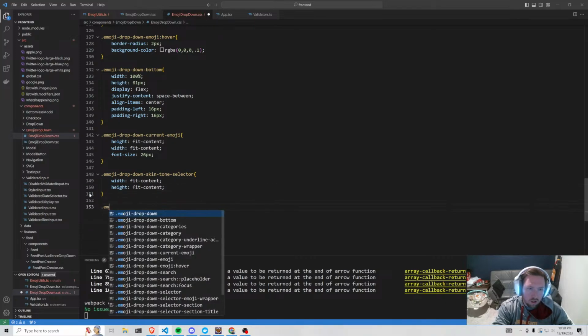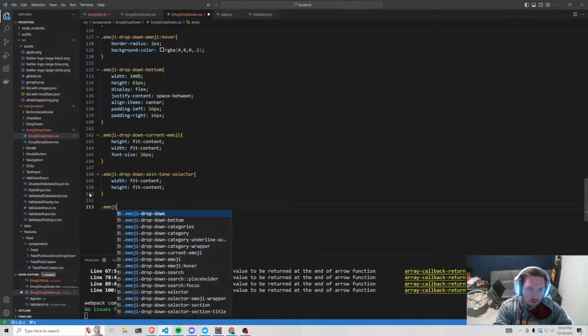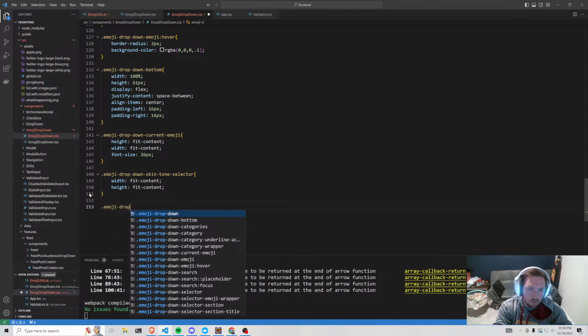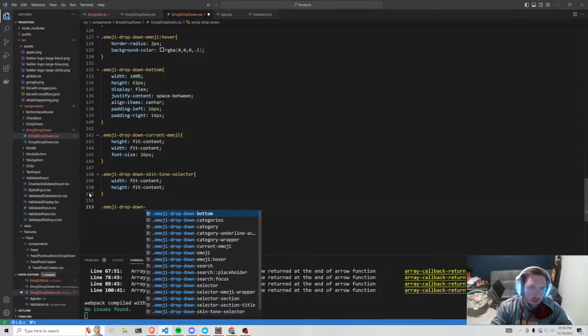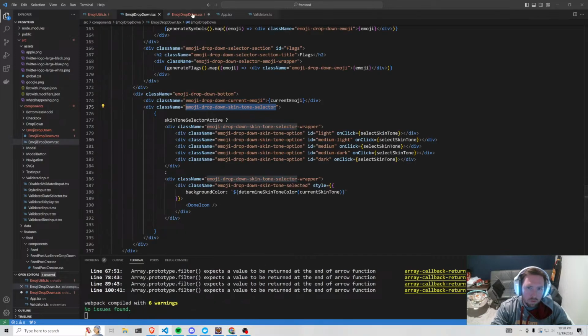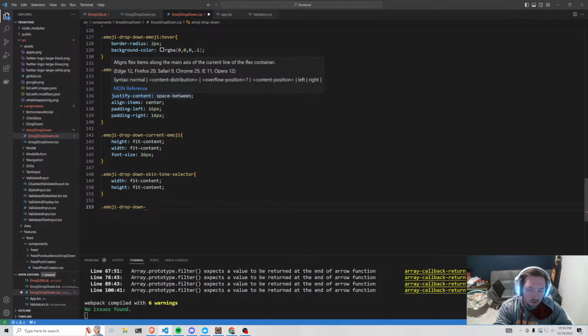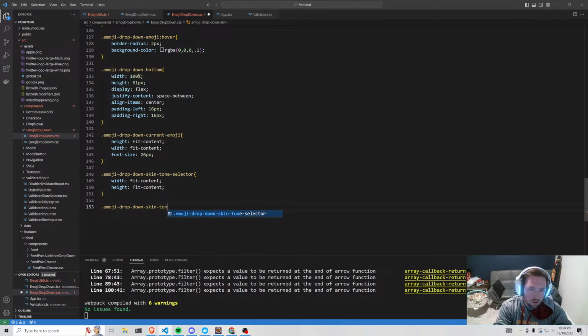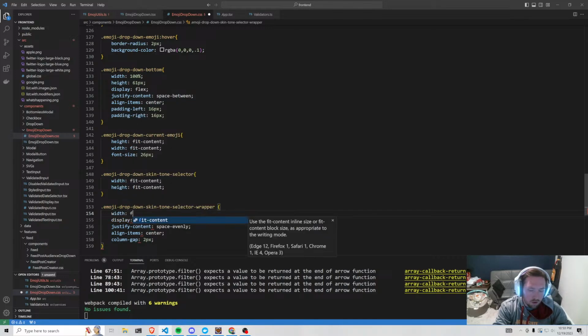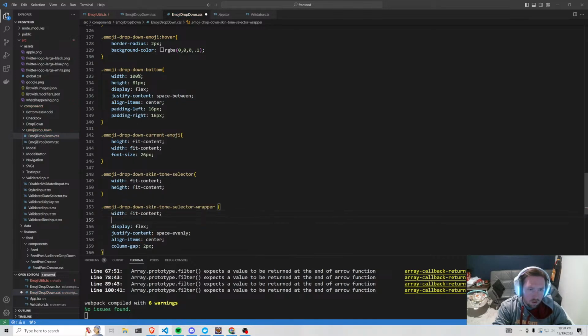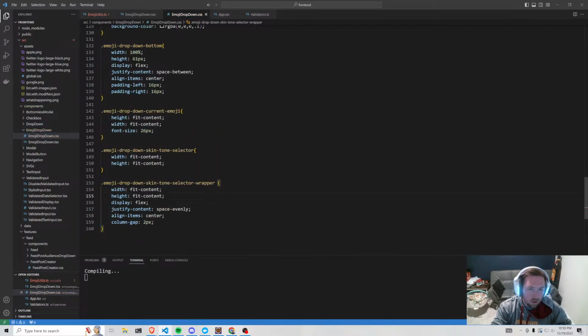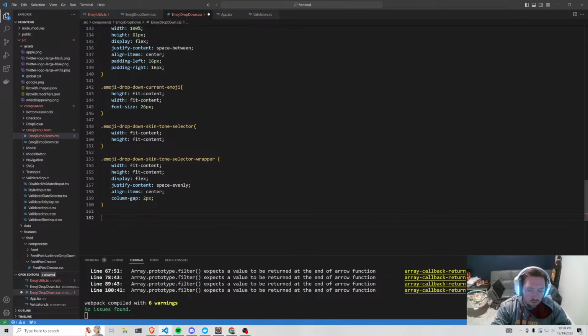And then dot, I forgot what I called this, emoji dropdown. Let me go ahead and see what I called this. Emoji dropdown skin tone selector wrapper. So this can have the display flex and all that. Width will also be fit content, and height will also be fit content as well. And then we need the actual